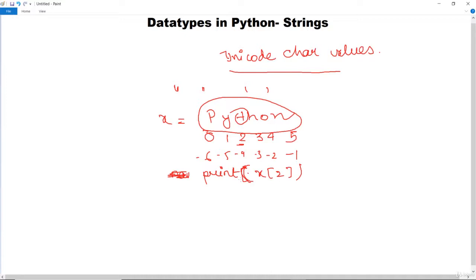Now if you want to input a particular string, how can you do that? That is command line input for strings. For that, Python has a very simple function. You just have to write x equals input, and when you execute this code it is going to ask you for input.